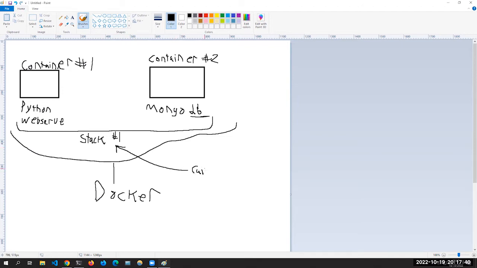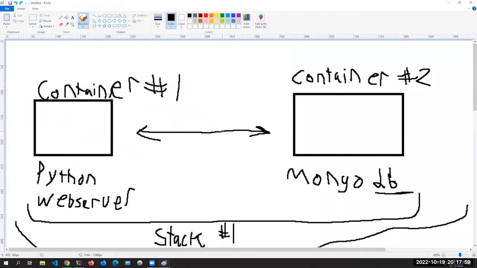If you were to call this a stack, it will automatically have a link between these, and it'll allow the Python web server to communicate with the MongoDB database. So if you were to call these together through Docker Compose, they would be able to talk to each other while